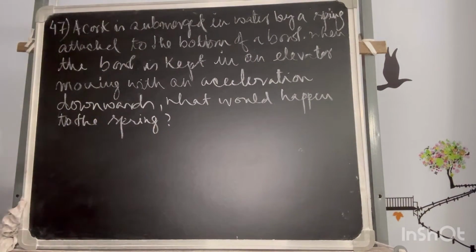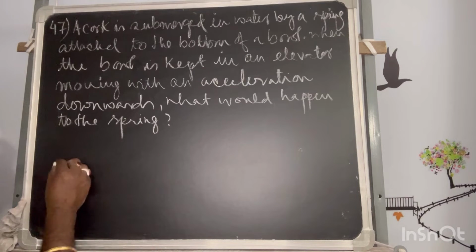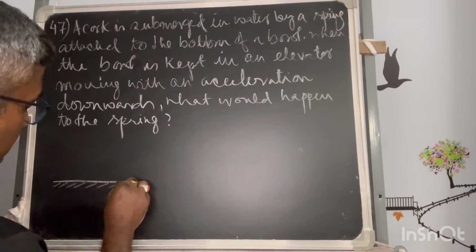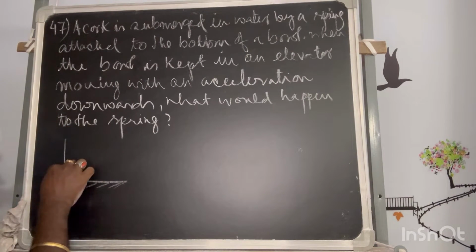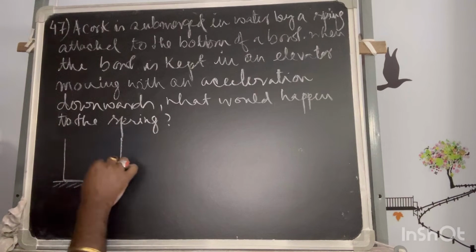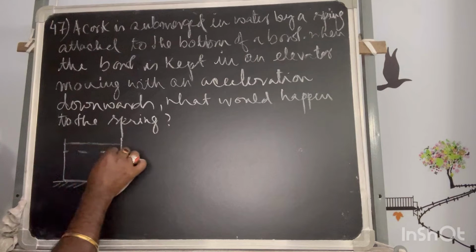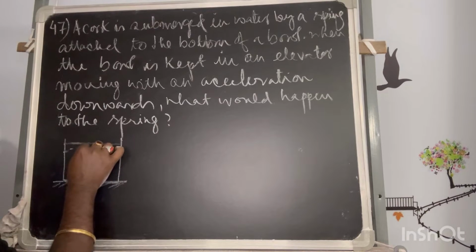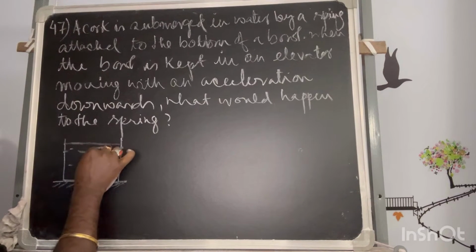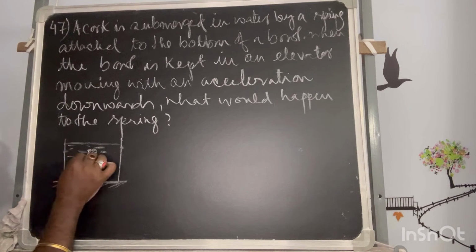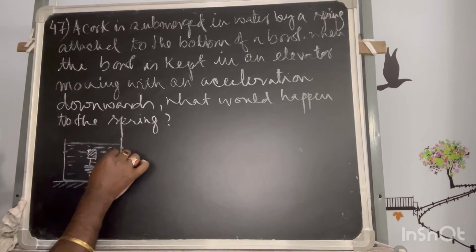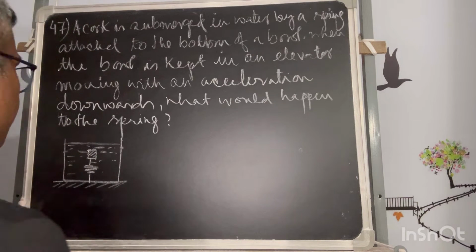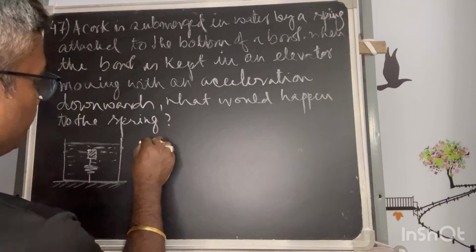Okay, so let a cork be submerged in water by a spring attached. If I want to draw, let's say this is the ground of the lift on which a bowl is kept, which is filled with water. A spring is attached to a cork, and this is filled with water. Now the first case is when the lift is not moving. If I draw the free body diagram